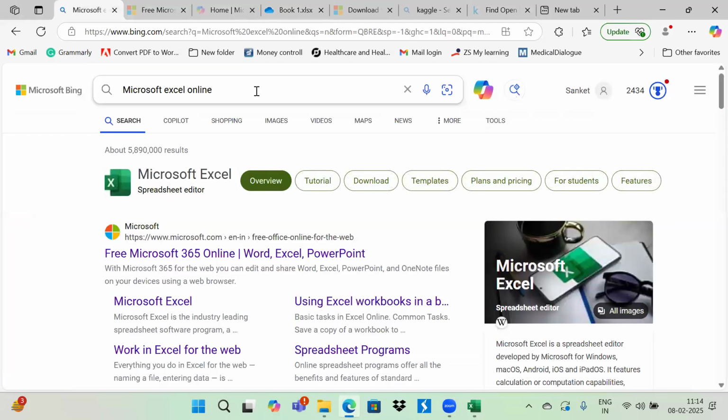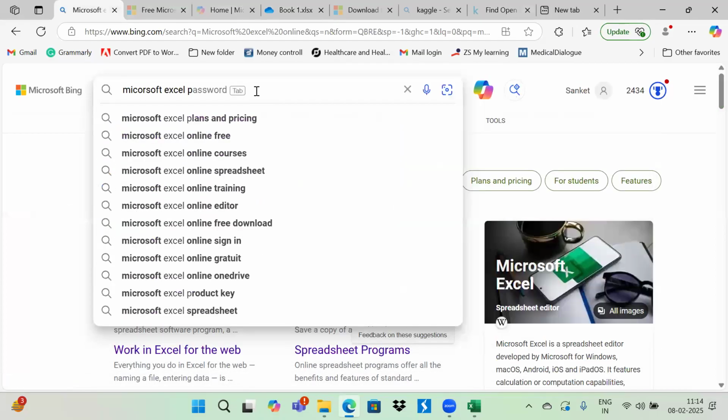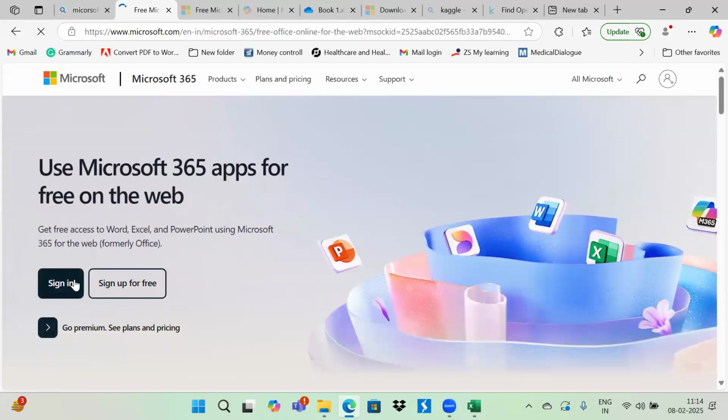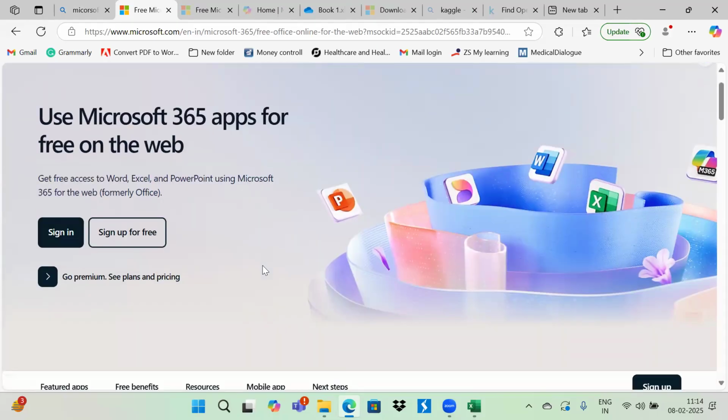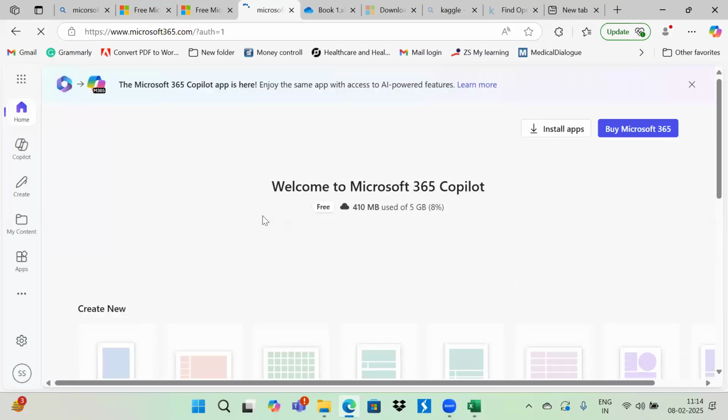Just search Microsoft Excel Online. You will see Microsoft Excel 365 online, and you just need to sign in. That is free of cost. This web-based version is free of cost. Just sign in with your Microsoft credentials. If the account is not there, just sign up. Then once you log in, you will be able to see